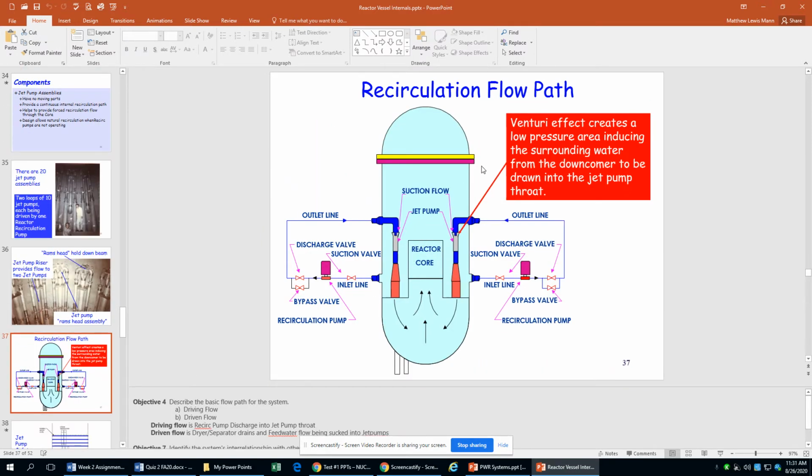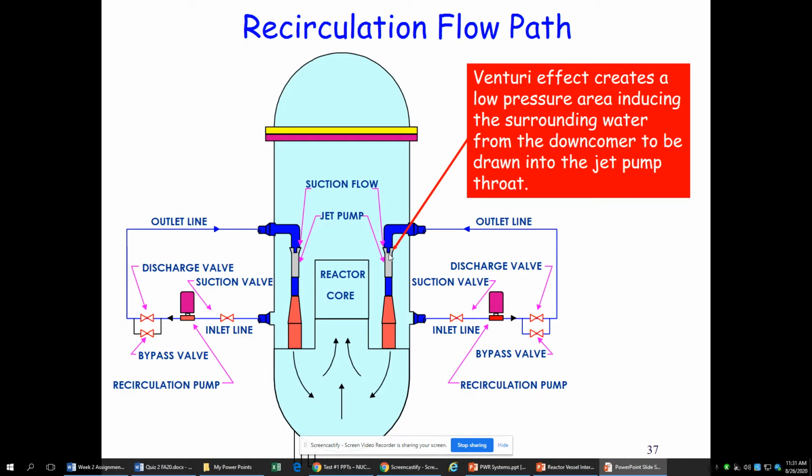So recirculation flow. I have two pumps outside the reactor vessel. I have two recirculation pumps, and they are going to take water from the downcomer. It's going to go through this and into my jet pump. And as it comes into the jet pump, there's an opening here and a nozzle. So that nozzle is going to create a low pressure point somewhere inside this piece,